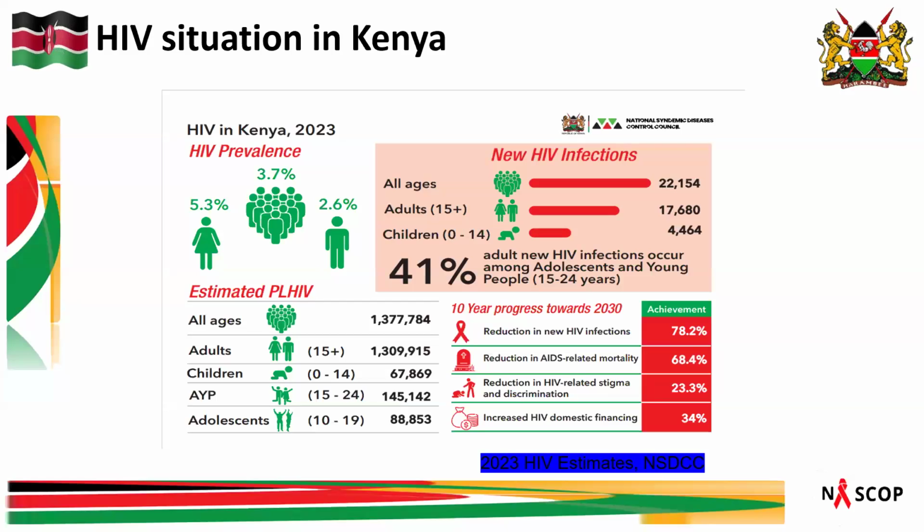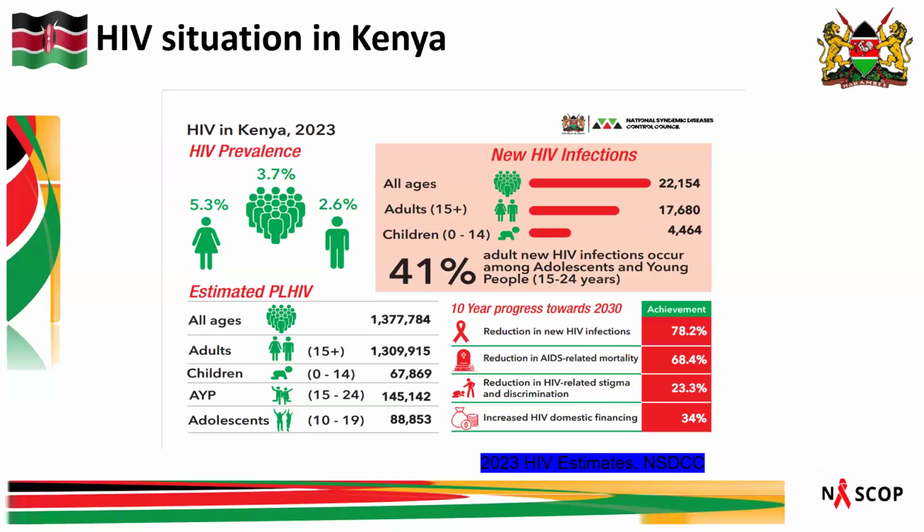AYP, that is adolescents and young people, 15 to 24, we have 145,142. Then adolescents 10 to 19 years, we have 88,853. On matters of new infections, all ages, in the year 2023 we were at 22,154. If you segregate that according to age, adults, that is 15 and above, the new infection number was 17,680. And children 0 to 14 years, we had